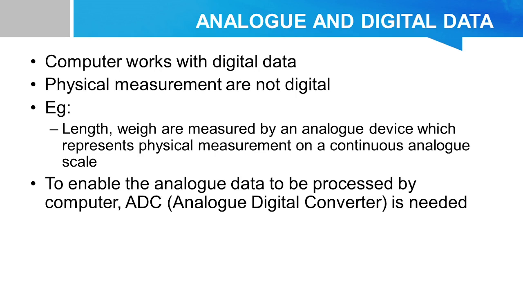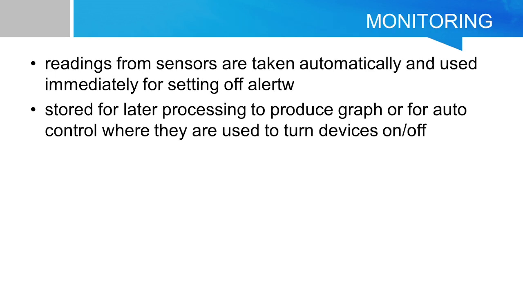And then to enable the data to be processed by the computer, they need an analog to digital converter, which is actually inside the computer itself. Once it receives the data from the sensor, the analog data is sent to the computer, and before the computer accepts the data, it will first convert it from analog to digital. It is because the computer will only be able to accept digital data. Readings from sensors are taken automatically and used immediately for setting off alerts,